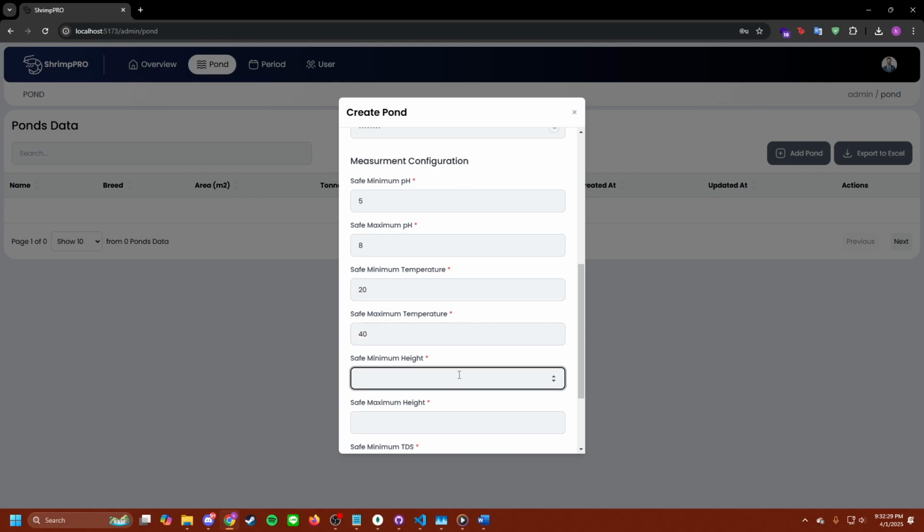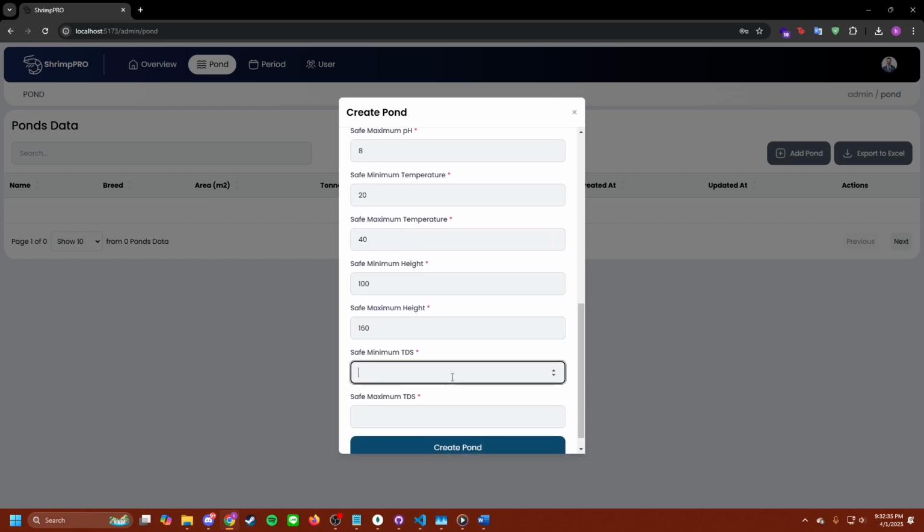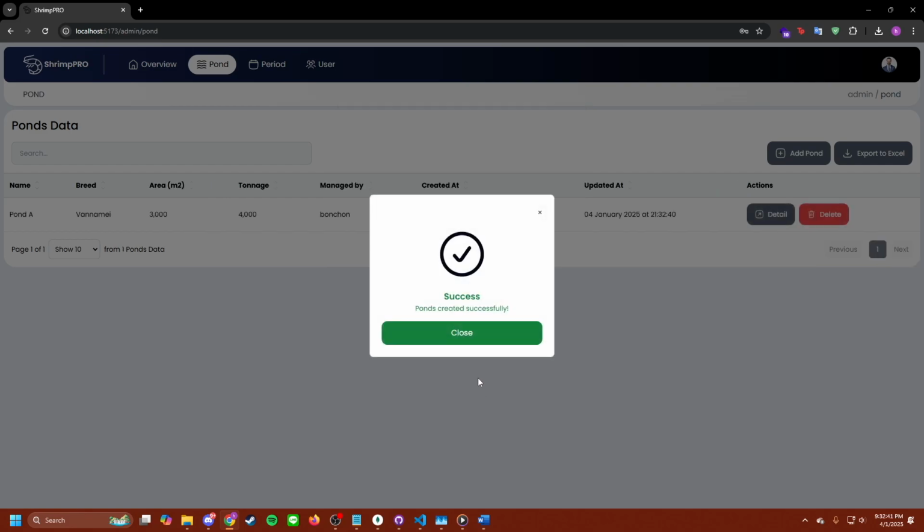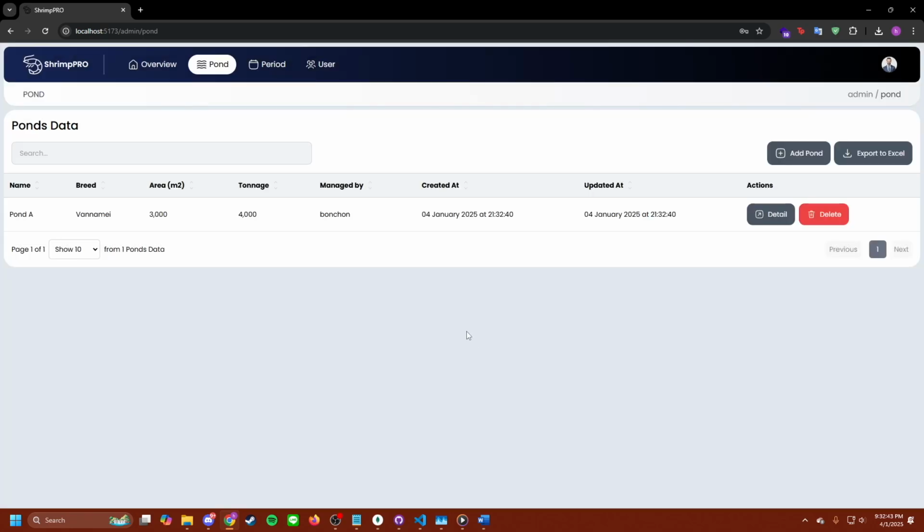minimum height is 100 centimeters. Maximum height is around 160 centimeters. TDS at 300 parts per million with maximum 700 ppm. Create a pond. Now, if we click on detail here,